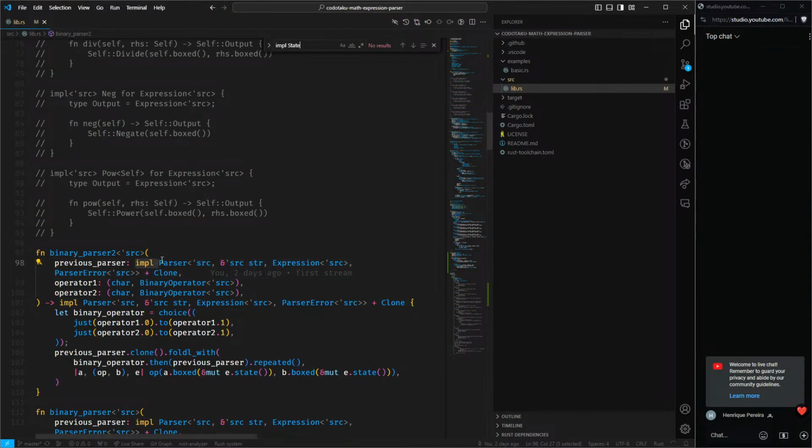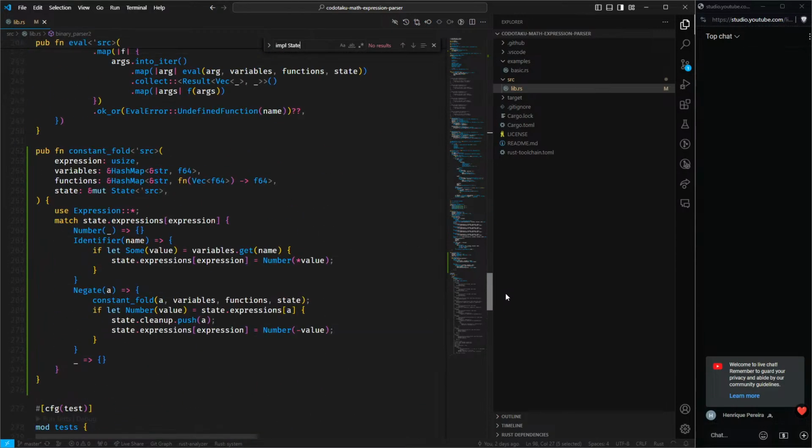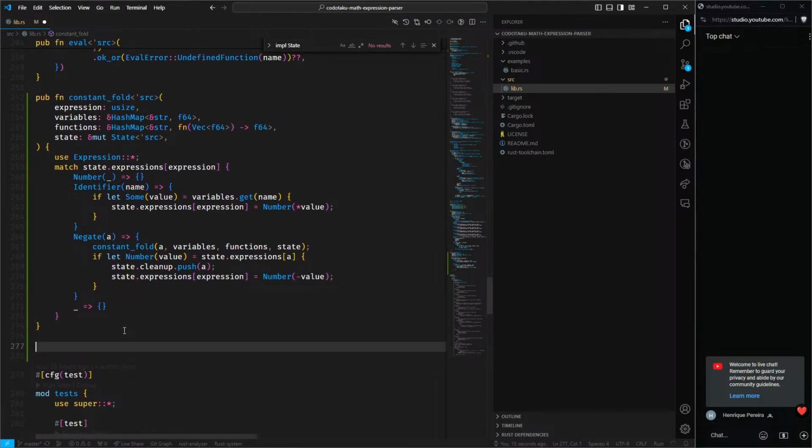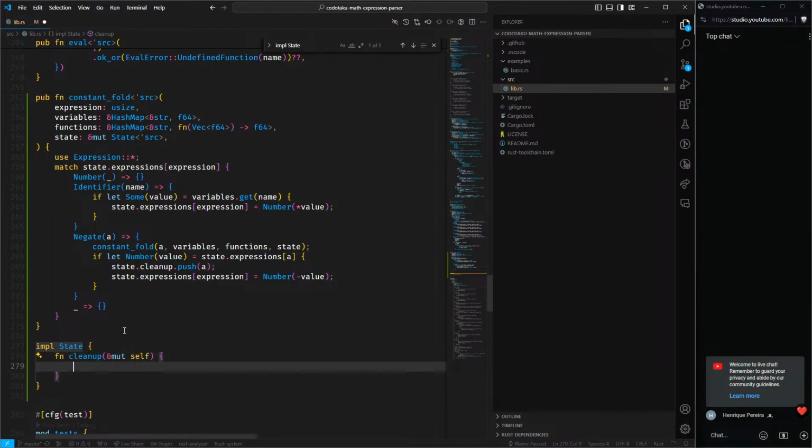Impl state. Oh, I don't have an impl. Oh, I removed it. Okay, gotcha. Interesting. Okay. So let's impl state fn cleanup, and you would get mutable self, right? And there you go. Now we're gonna go through,